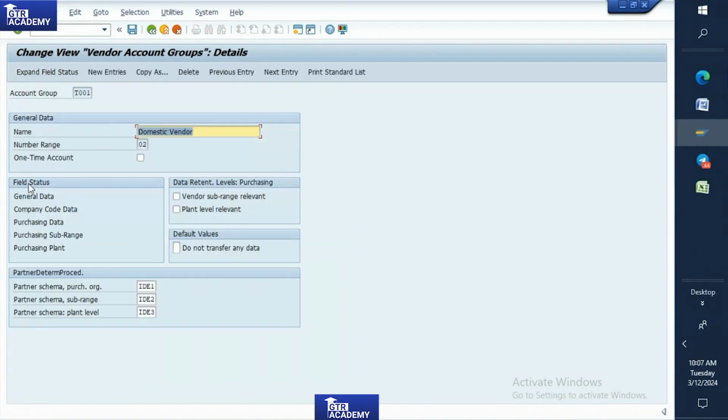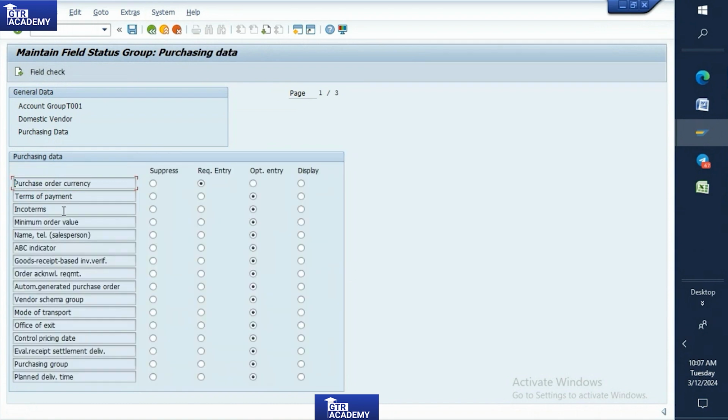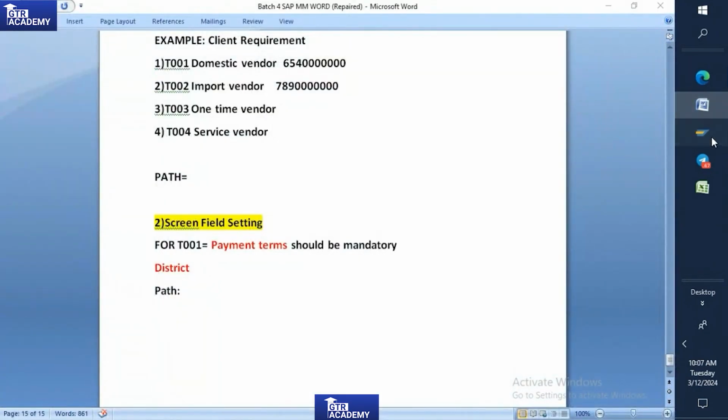Okay. For example, as of now, I need the purchase term as mandatory, right? That field will be available in the purchasing data. Once you click this one, you will get the group names, select group purchasing data. Okay, I'll double click on this. Where you can see this, I want to make payment terms mandatory. Where you can see,